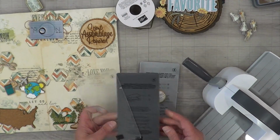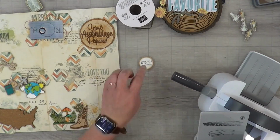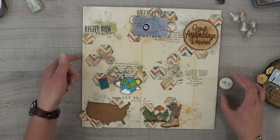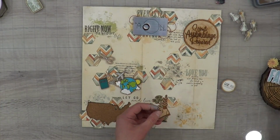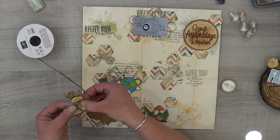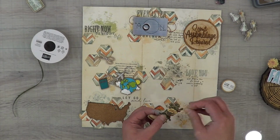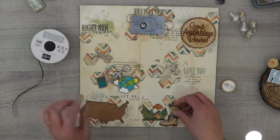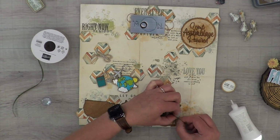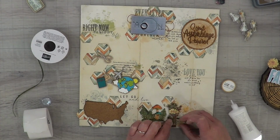And now here I am taking my plates in my 3-inch Stampin' Up! die cut machine. And the first 2 plates that I used were the plates that are used for the regular embossing folders as well as the thin cuts. And then I kept the gray plate, I believe that's the embossing folder plate, and then added the other embossing folder plate along with a cutting mat to smash the flare even thinner. You don't have to do that step if the first time is thin enough. But for me, I wanted it to be a little bit thinner